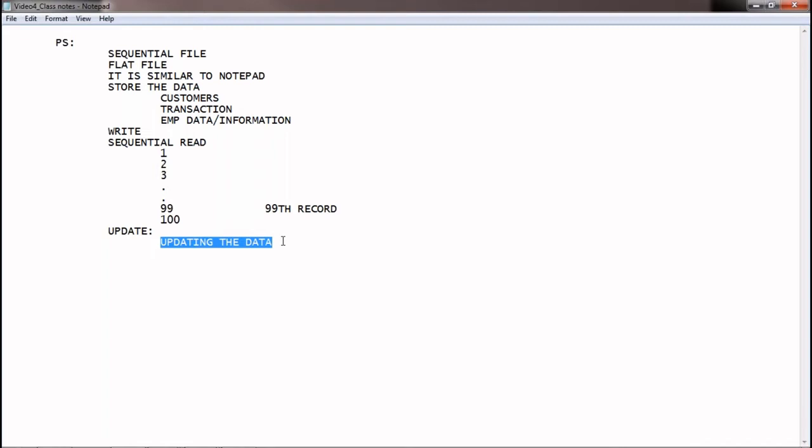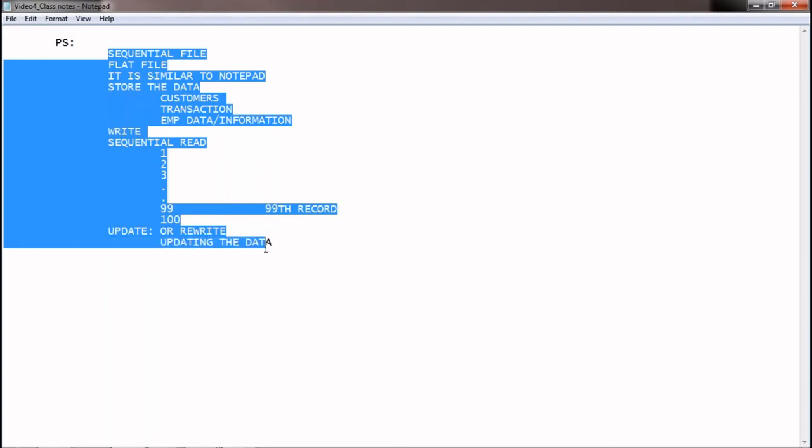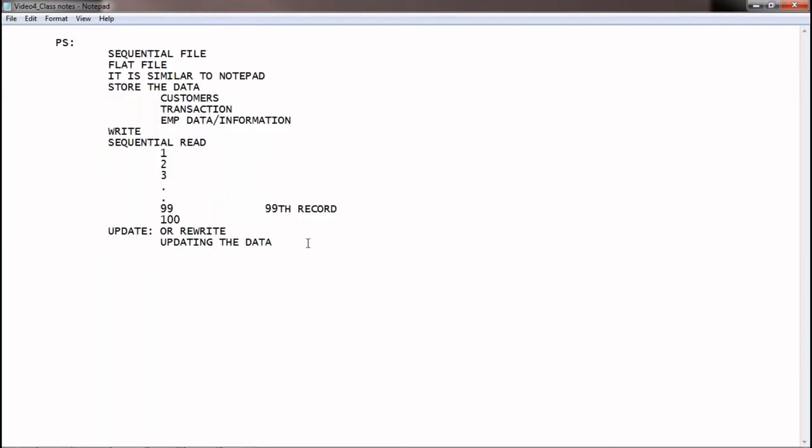If you take an example, you might have an account number in a bank. Whenever you move from one place to another, we update our address. That is called update. Update or rewrite, both are the same. These are all the main functions we can do in a PS file.